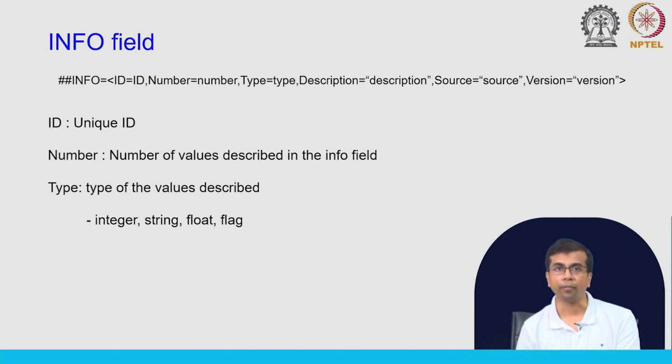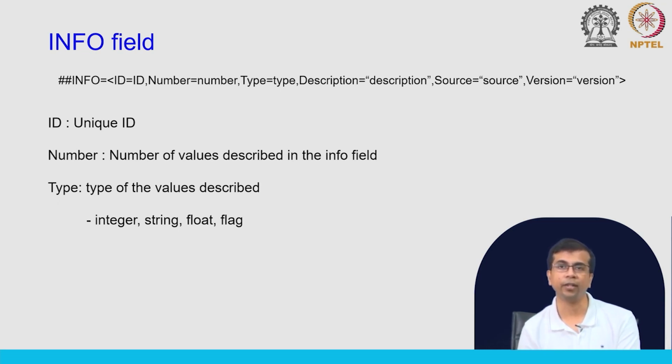What about Type? Type describes the type of value that we can expect. This could be integer, so in case of 1, 2, 3, this will be an integer value, or it could be string, or it could be float, if you are, let us say, talking about frequencies, fractions. So, that will be float, or it could be flag. We will see some examples and then it will be clear what we mean by these different types. And then finally, you will have a description,